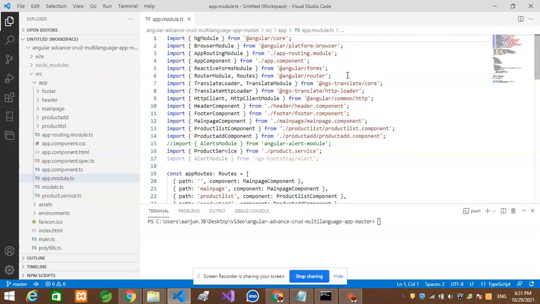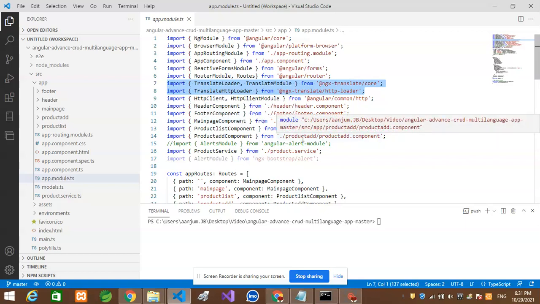For this case, if you see, I added two references: TranslateLoader, TranslateModule, and TranslateHttpLoader. These were required in app.module.ts. Other files are just for other functionality. We will discuss it later.